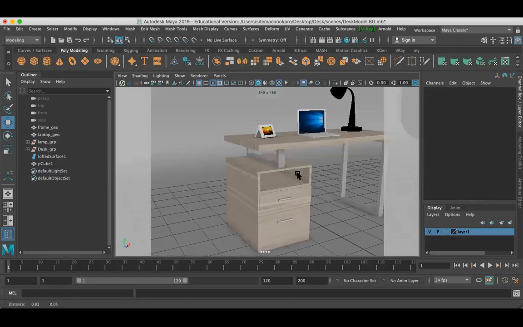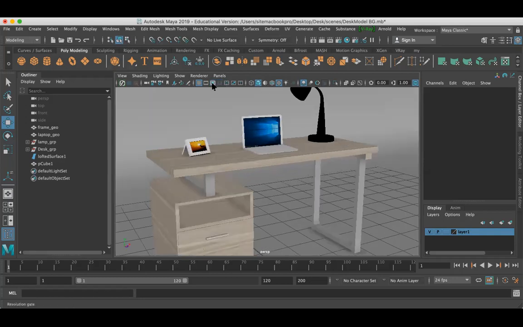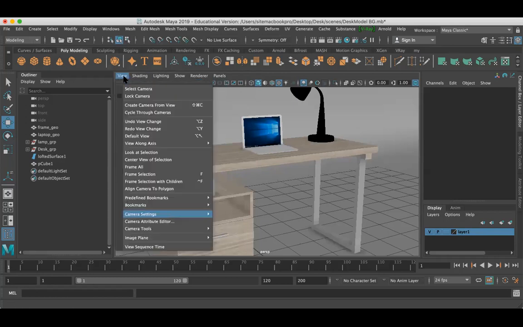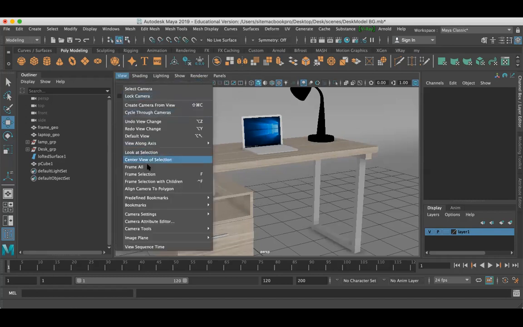So this is from the beginning. We are working from the beginning. And now, before I start working on the lighting and rendering, we have to decide the resolution. Now look here on the screen. Go to View. This is the default screen, guys. Go to View, and here you can find